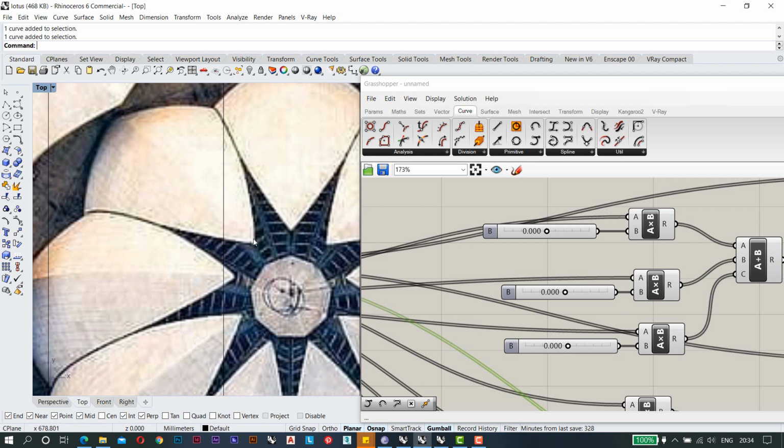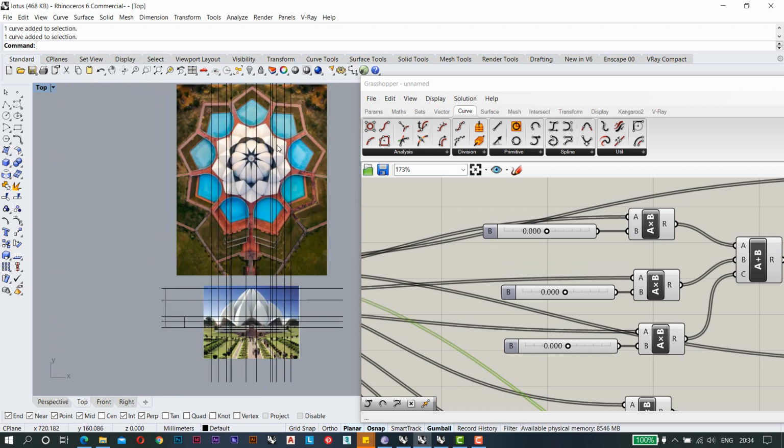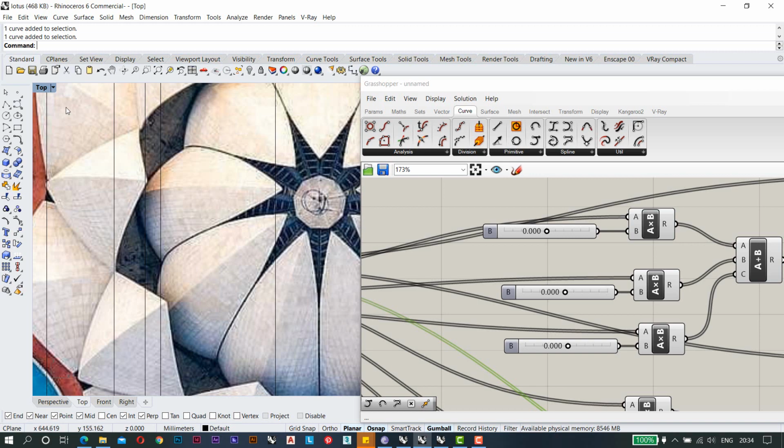So we need 5 points here to make this kind of a curve. One will be at the top, one will be at the bottom, and we need 3 points more. So 2 points will be here, somewhere here, and 1 point will be here, and one is at the top and one is at the bottom. So we need to set these 3 points.